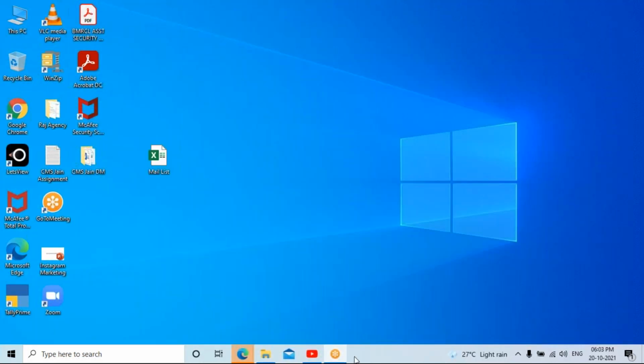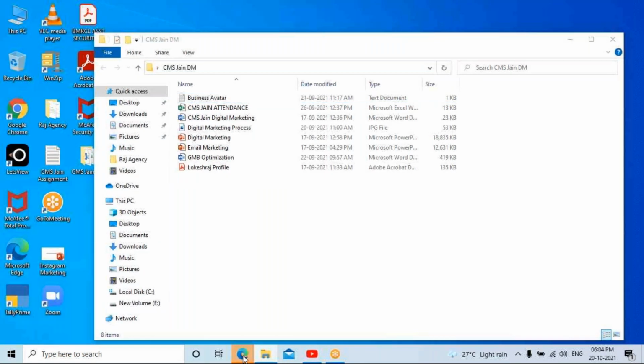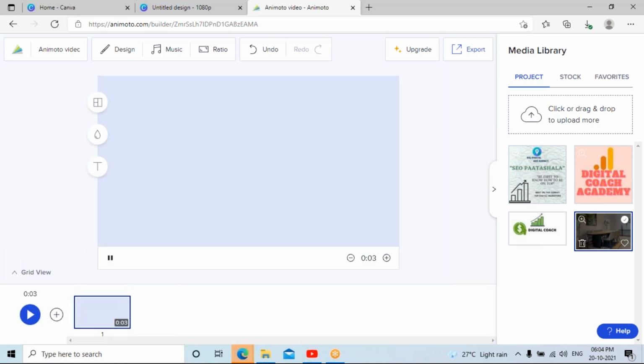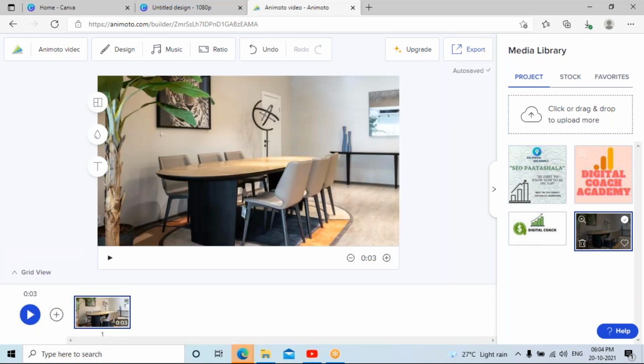Okay, so let us keep only this, and I'll add some more pictures if I want. Now let's assume I'm going to add this, drag and drop it over here. Every image here is going to take 3 seconds of time.